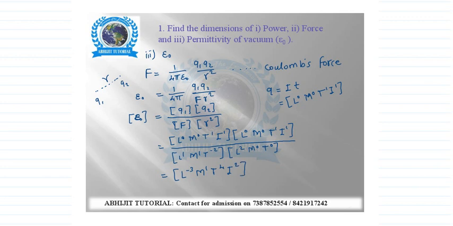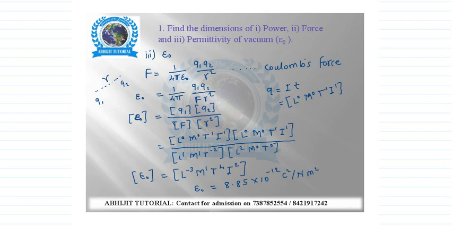So these are the dimensions of epsilon naught, or the permittivity of free space. Its value, which is sometimes asked in MCQs or entrance exams, is epsilon naught equal to 8.85 into 10 raised to minus 12, and its unit is Coulomb square per Newton meter square. Similarly, we can define these units from the same formulations which we obtained at the start. So this is how we can find the dimensions of any physical quantity if you know the formula for it.